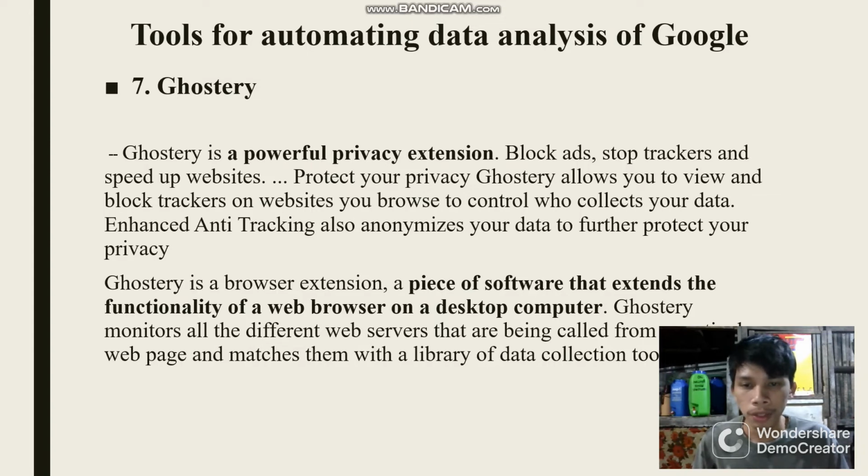Ghostery is a browser extension, a piece of software that extends the functionality of a web browser on a desktop computer. Ghostery monitors all the different web servers that are being called from a web page and matches them with a library of data collection tools. Next is